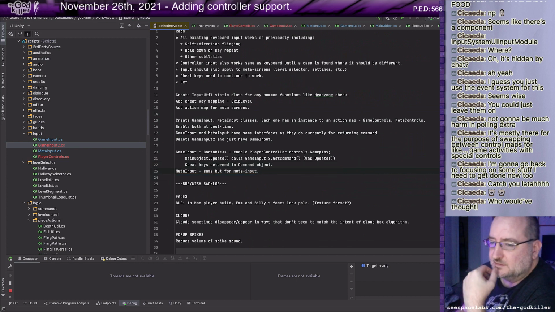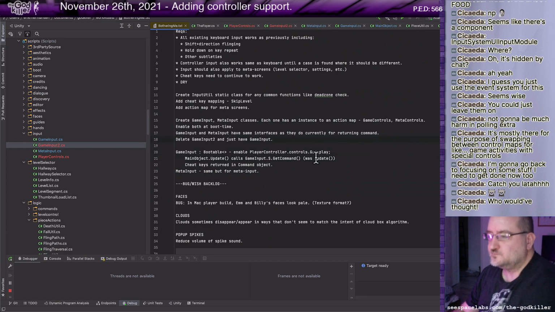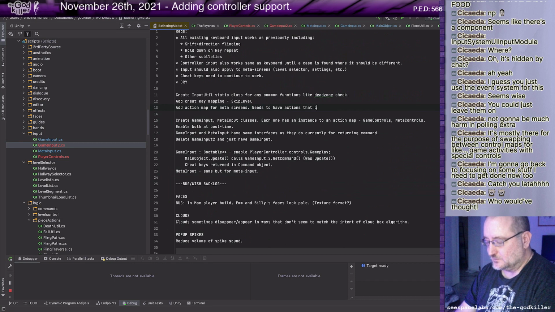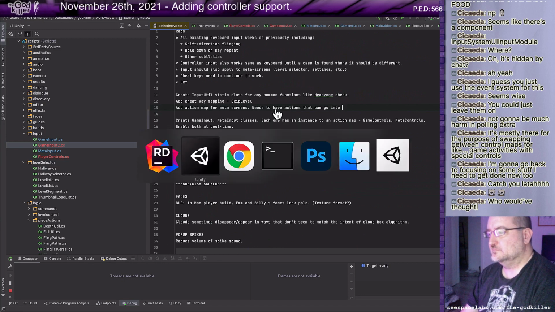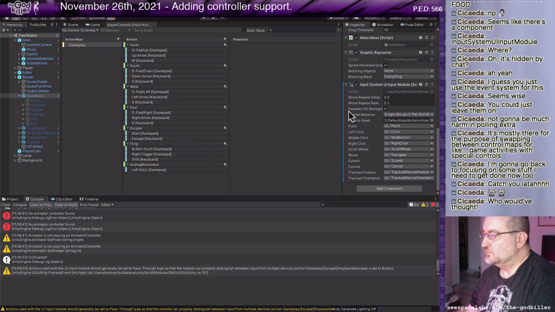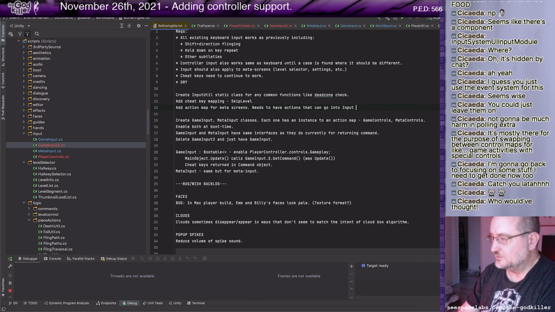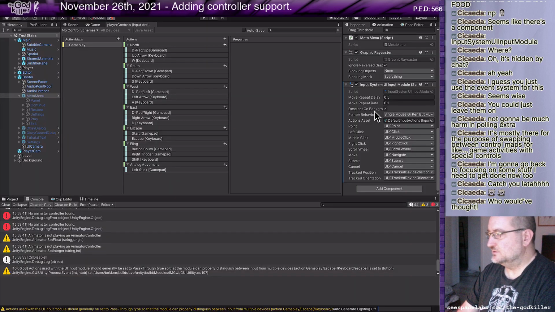Okay. Then also needs to match, needs to have actions that can go into input system UI input module. Input system UI input module.